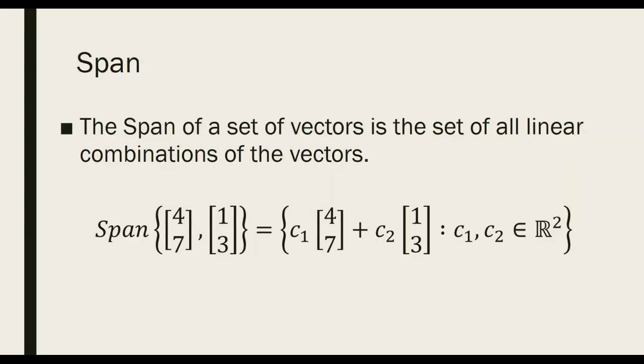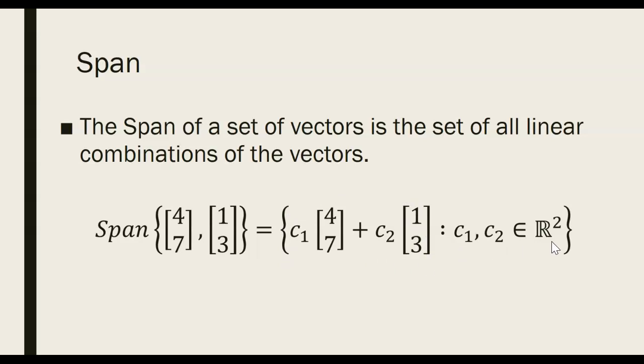One more concept that is closely related to linear combinations is the idea of span. Okay? So the span of a set of vectors is the set of all linear combinations of those vectors. Okay? So the span of (4, 7) and (1, 3) are all the vectors that can be written like this,